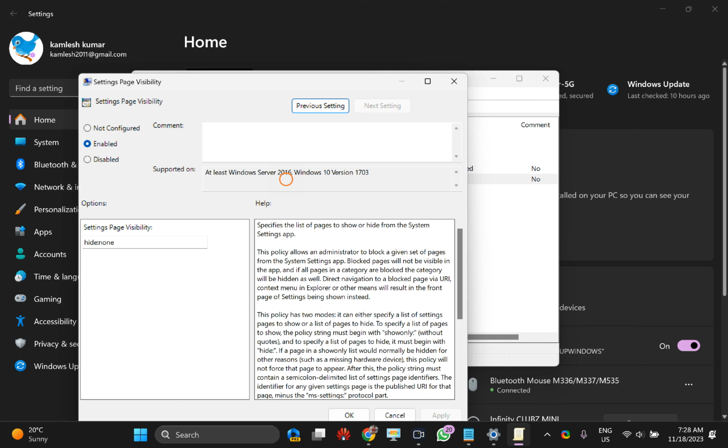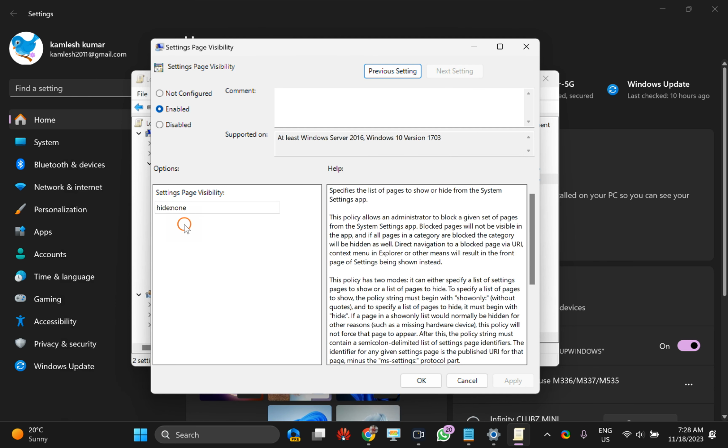Here, select Enabled, then type hide colon none to show the home settings page on Windows 11.